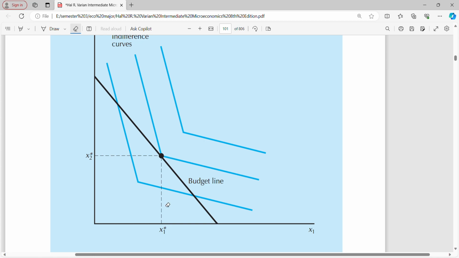Optimal bundle is coming here, x1 prime and x2 prime. Okay, and this is called a kinky taste. So here an optimal consumption bundle is presented where the IC doesn't have a tangent. Okay,